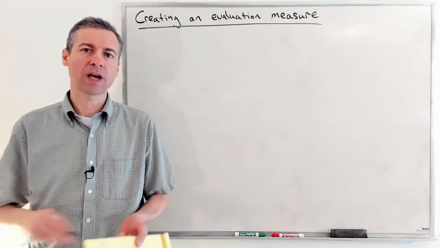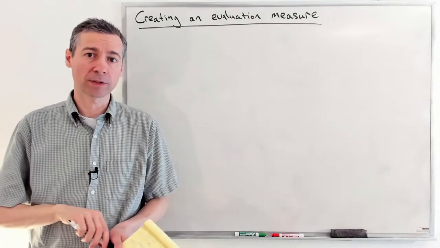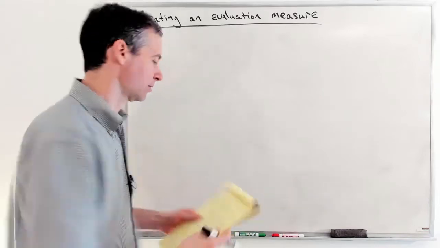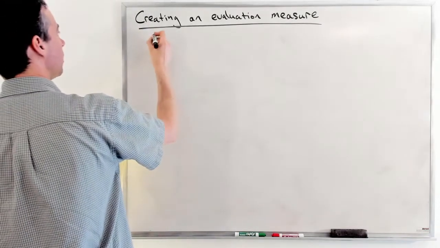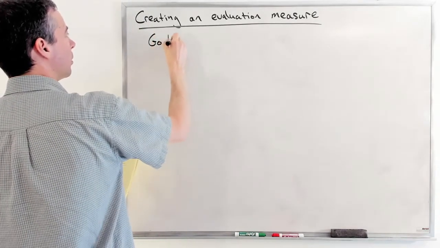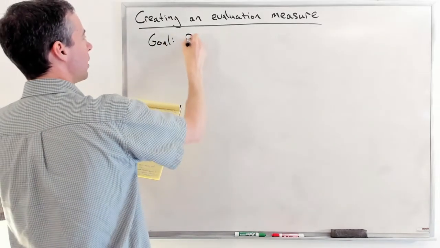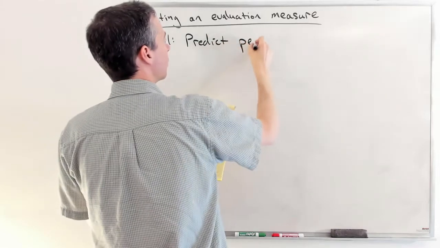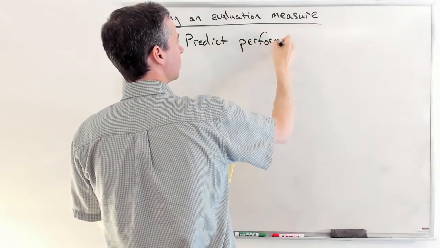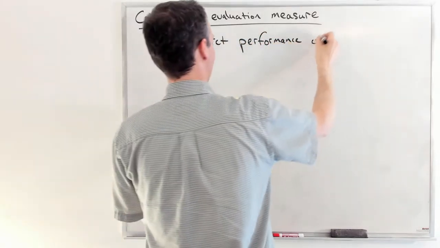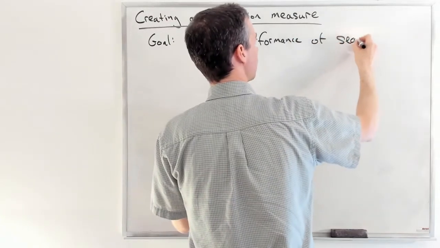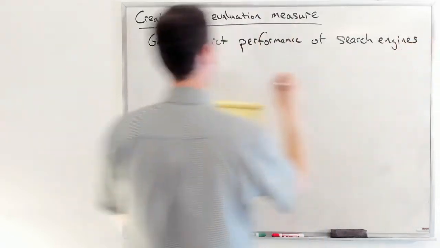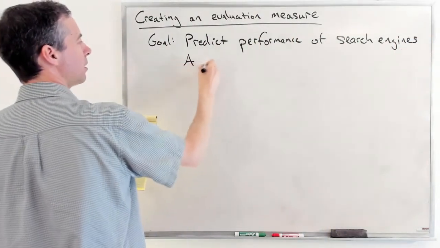All right, so now we're going to talk about creating an evaluation measure. Let's remember what our goal is. All right, so we've got a goal here. What we're aiming to do is to end up with means to predict the performance of search engines. In particular, let's think about always sort of the context that we have search engines A and